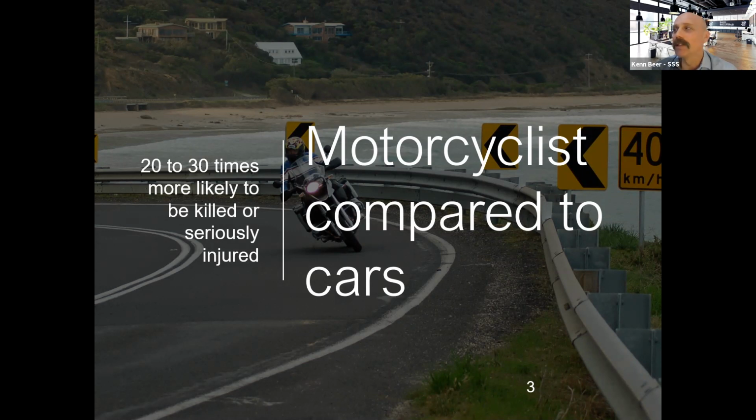And I suppose it's no surprise to a lot of you, the inherent challenges of a motorcyclist, obviously no protective shell like a car has, inherent instability only on two wheels, the vulnerability and the ability also to get up to speed. So there are just fundamental challenges,